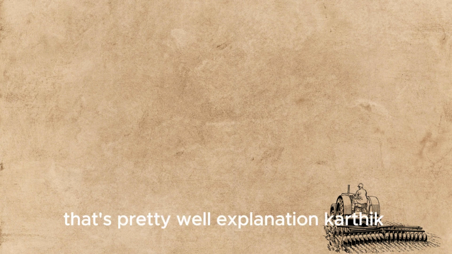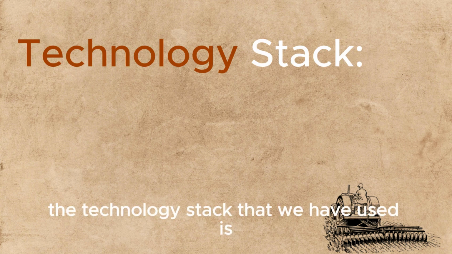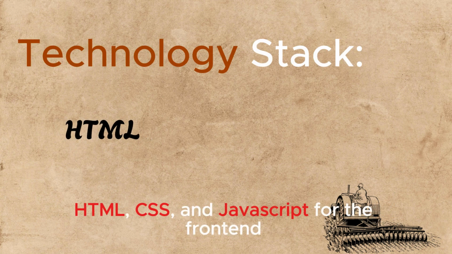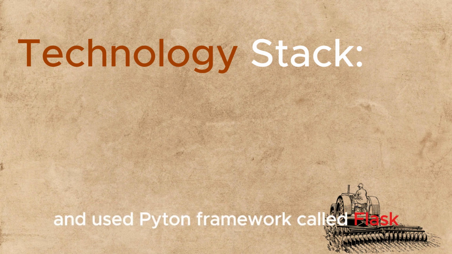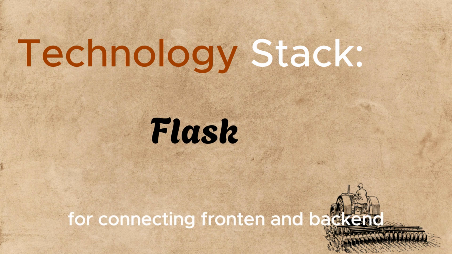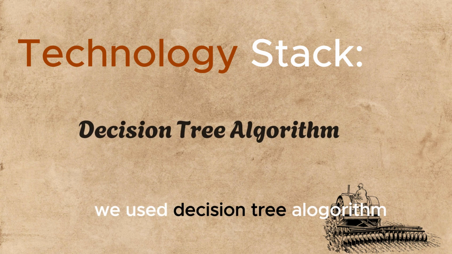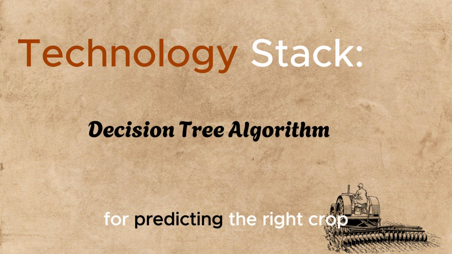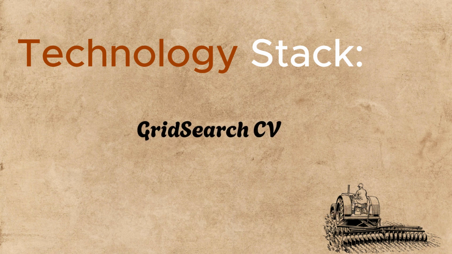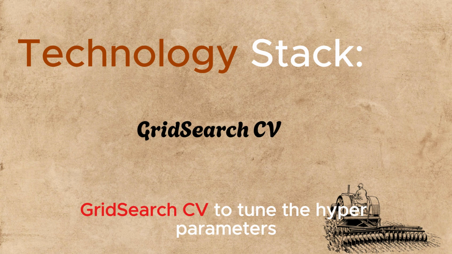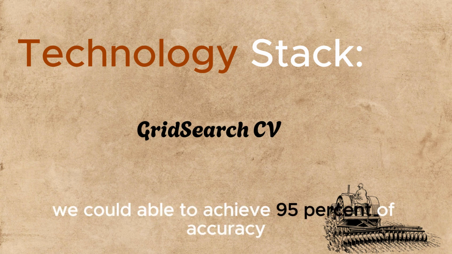That's a pretty good explanation, Karthik. The technology stack that we have used is HTML, CSS, and JavaScript for the front end, and we used a Python framework called Flask for connecting front end and back end. We used decision tree algorithms for predicting the right crop and right fertilizers. Also, we used a technique called GridSearchCV to tune the hyperparameters, because of which we were able to achieve 95%